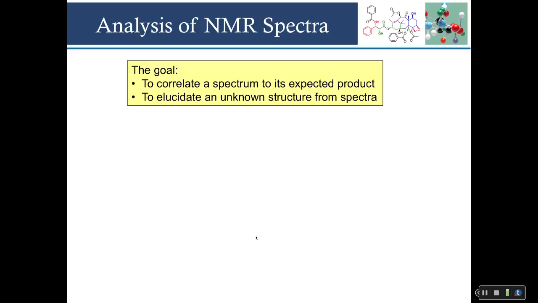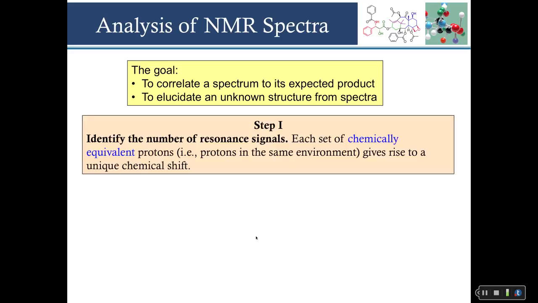So why do we want to use NMR, right? We want to use NMR to look at a spectrum and say, yes, this is the product that I thought I planned on making in lab, so we're kind of armed already with some information because we have some expectation. Or the more difficult one is to actually elucidate a completely unknown structure. Like somebody hands you a vial and says, tell me what this is. You're starting at square one to elucidate an unknown structure from spectra. So we're going to go over this. We're going to solve some problems